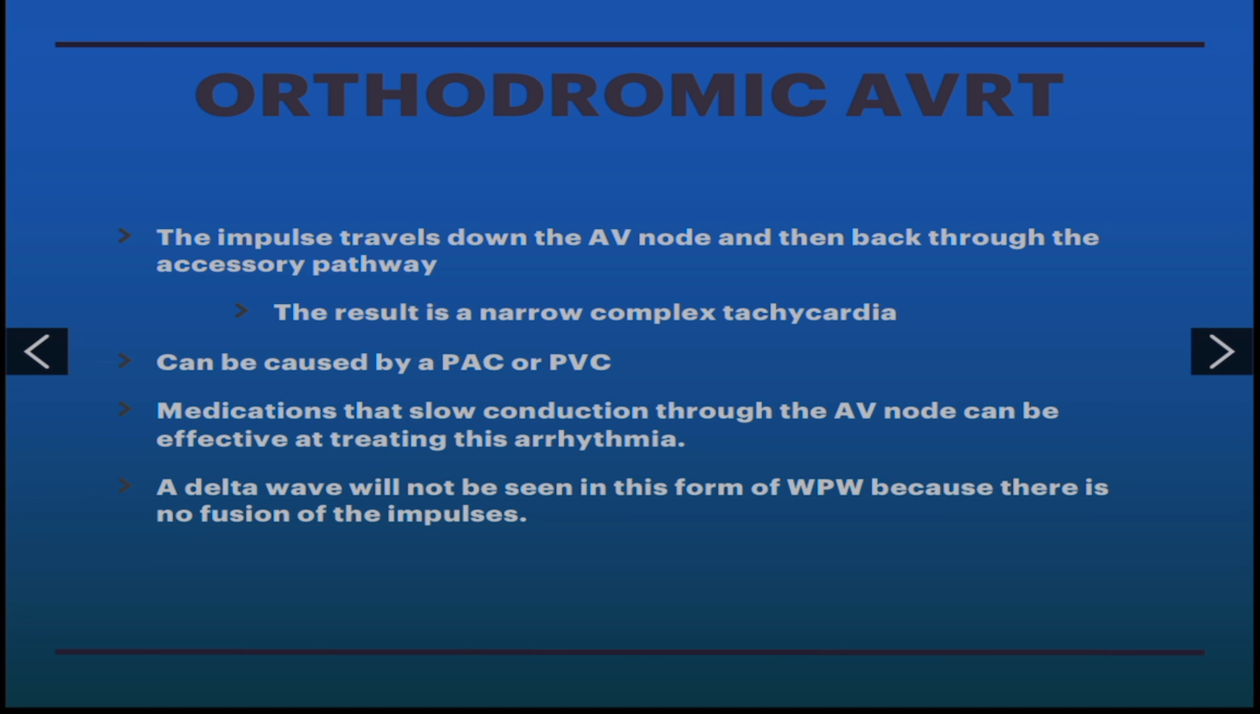It can be caused by premature atrial contraction, and can also be caused by premature ventricular contraction. In this type of AVRT, medications that slow conduction through the AV node can be effective at treating the arrhythmia. You may not see a delta wave with orthodromic AVRT, and that's because there's no fusion of those impulses, because we don't have the direct cell-to-cell transmission as it goes through the accessory pathway, so we see a narrow complex